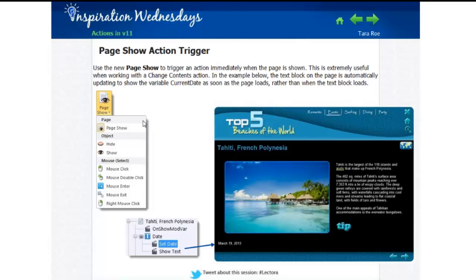So let's show you an example of what I mean by that. If you take a look at the sample course, I've got my beaches course. This is going to be our sample throughout today's presentation. Down on the bottom left-hand corner of the page, I'm displaying the current date. Those of you familiar with that variable, current date, we can display it in a text block when the page is shown. So if you take a look, here's my Title Explorer, and I've got a text block,